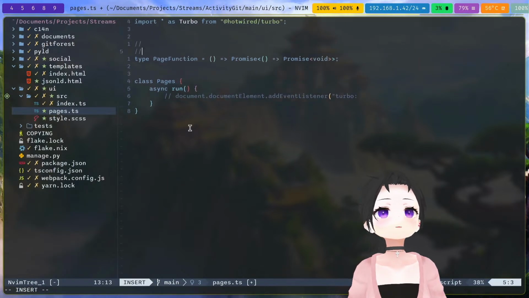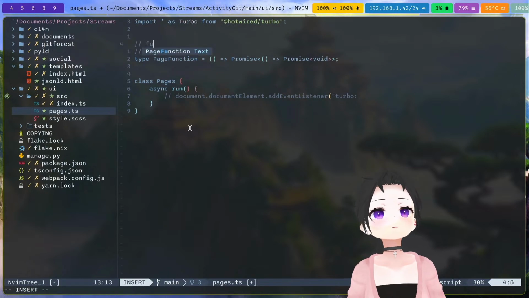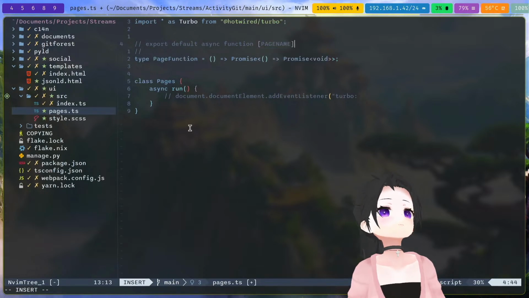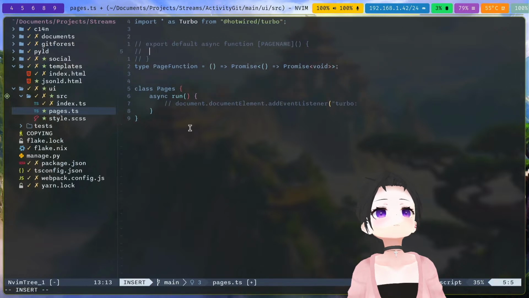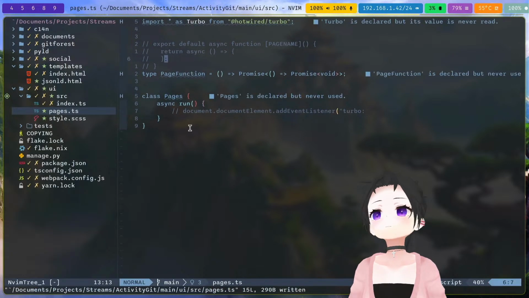So the idea here is that we say export default async function, page name, doesn't take any attributes, and it returns an async function which is called to